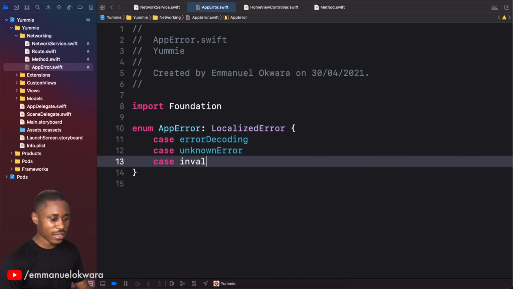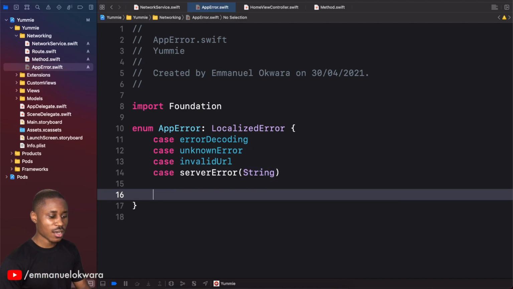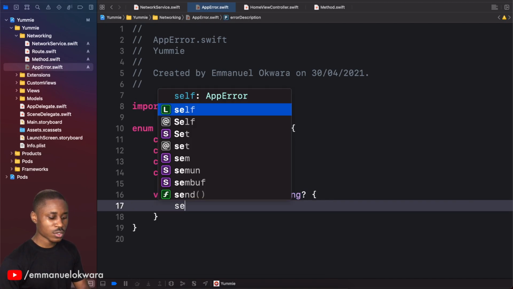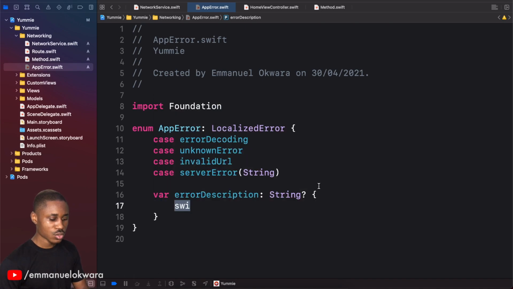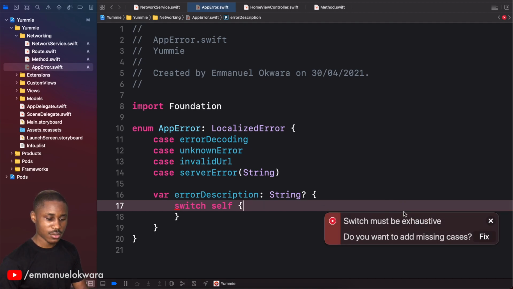Then we want to have invalid URL. Then finally we want to have our server error, and this is going to take a string. So this is whatever error was passed in from the backend. All right, so after this, what we want to do is implement an error description like this, where we will switch self, and we're going to switch self to return errors or strings for all of these error types. Okay,